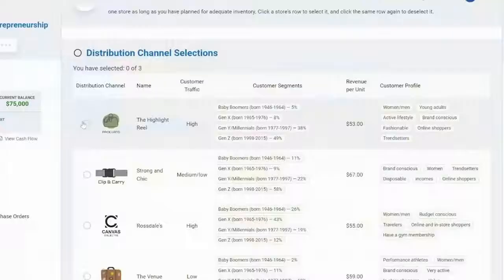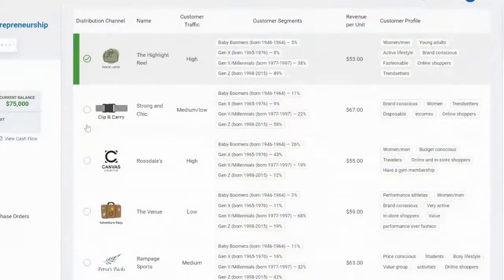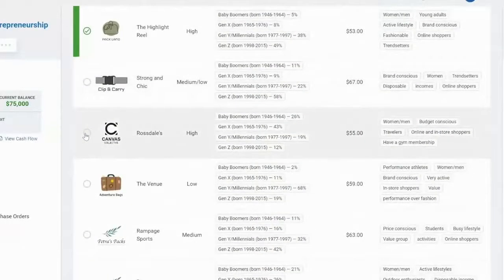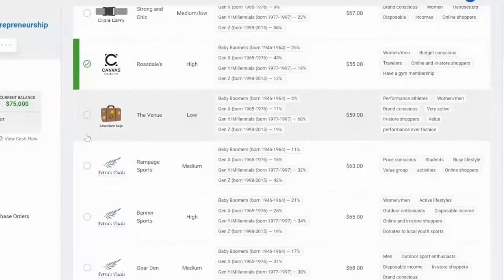Now that their business is really starting to take off, the investors will grant students a line of credit, which allows them to expand their business into brick and mortar stores. Students will evaluate each store's inventory requirements, select stores to work with, and make another purchase order, all while balancing their operations and advertising budgets.